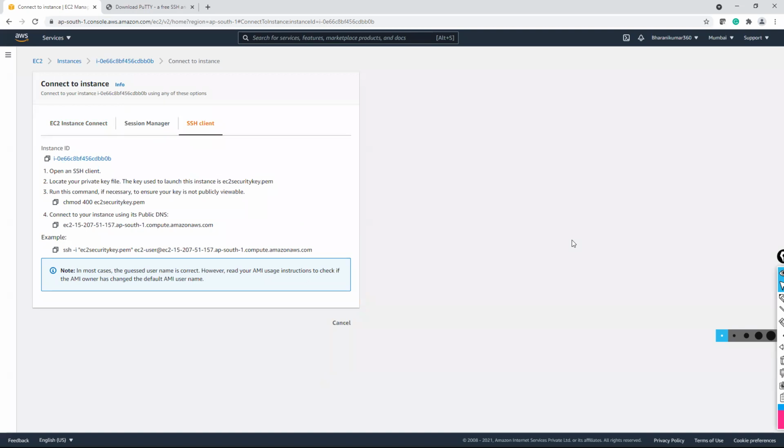Installing PuTTY, right, Kiran? 64-bit. I think 64-bit. It depends upon your laptop, whether your laptop is 64-bit or 32-bit. Not ARM. 64-bit x86 is there. You should go with that option.